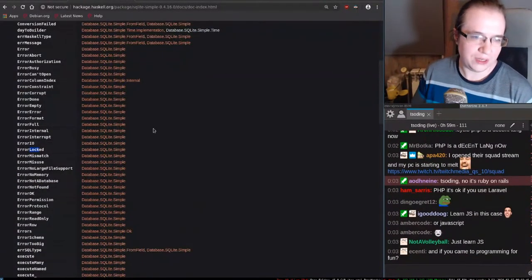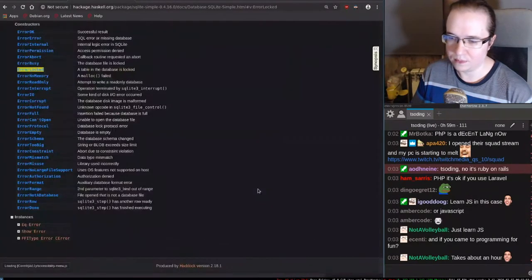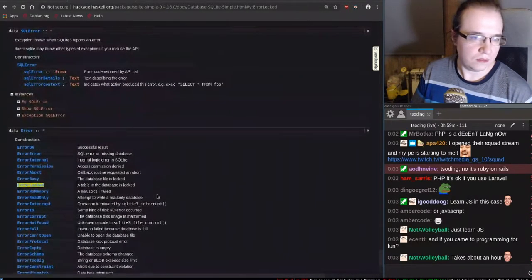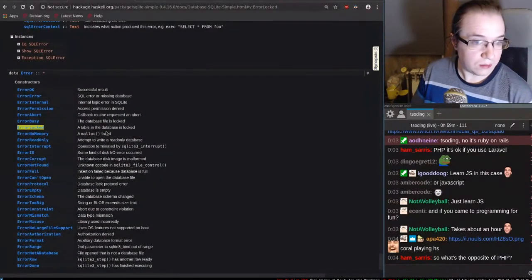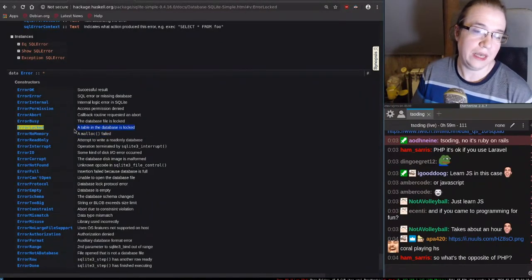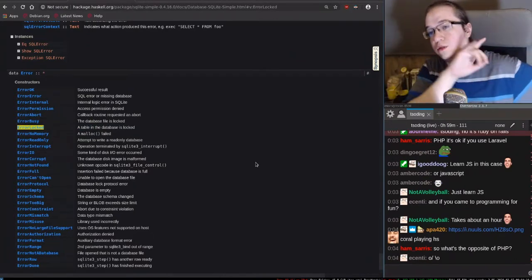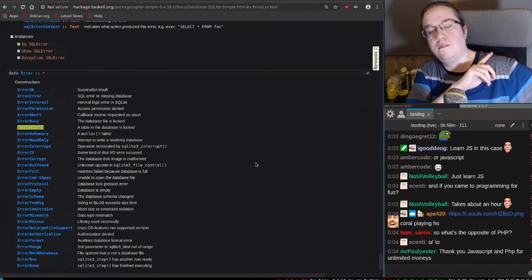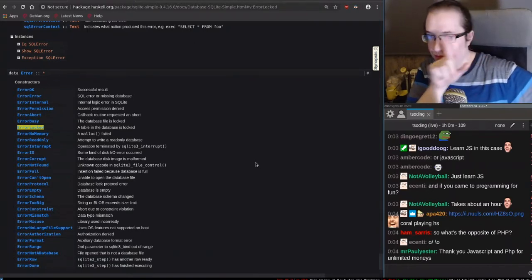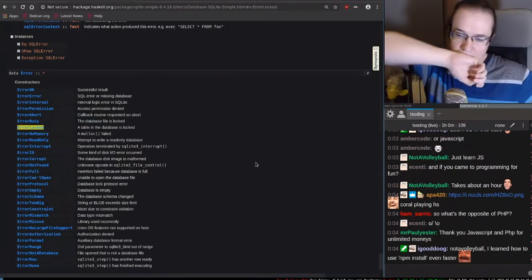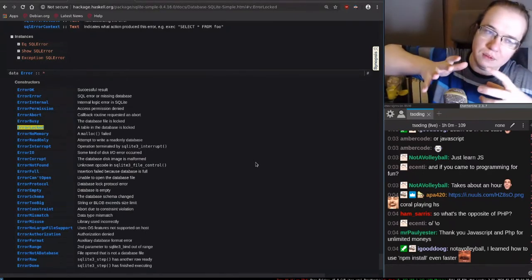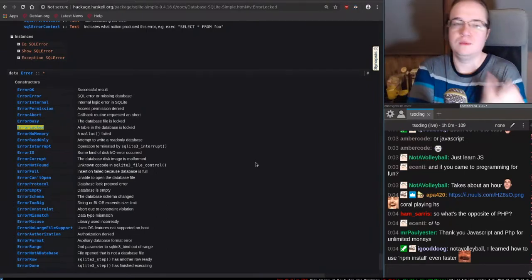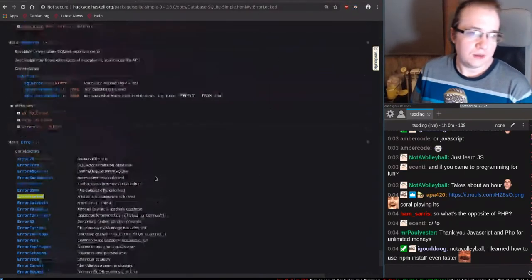So lock. Okay, so we have an error, locked. And if you came to programming for fun, that means you already know what to do. So I know a table in the database is locked. A table, but not the database. But when I'm logging, I'm not really reading anything from the commands. That's the thing. Okay, I guess